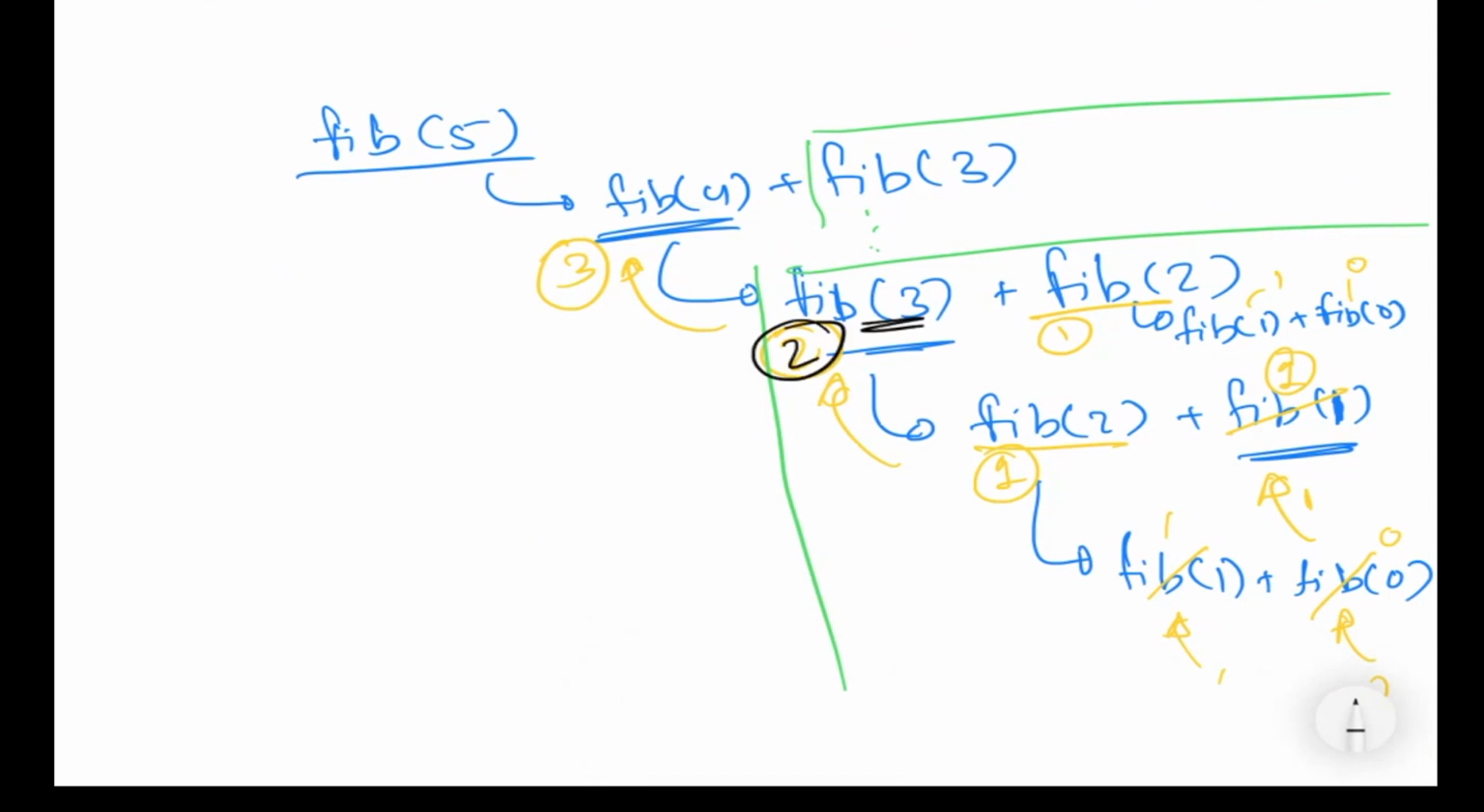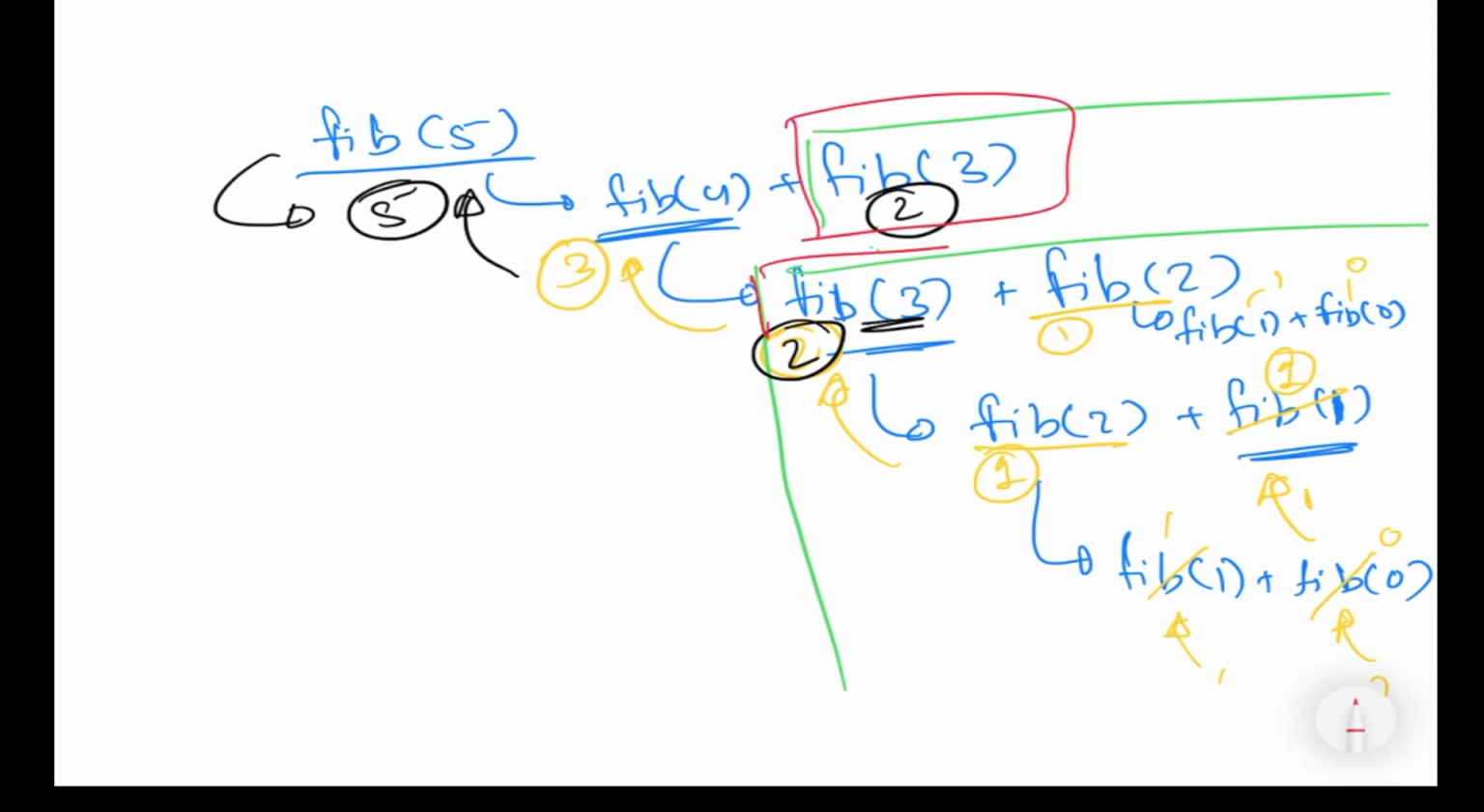And since Fibonacci 3 is 2, we have solved. We can directly assume that, and 3 plus 2 will be 5. So Fibonacci 5 will return 5. Now you can see that Fibonacci 3 had to repeat. So each time Fibonacci 3 is encountered,